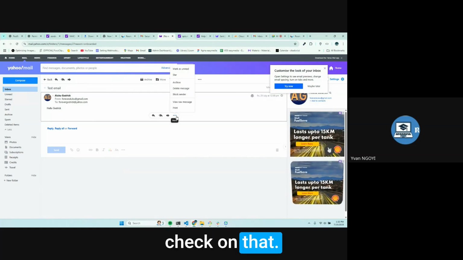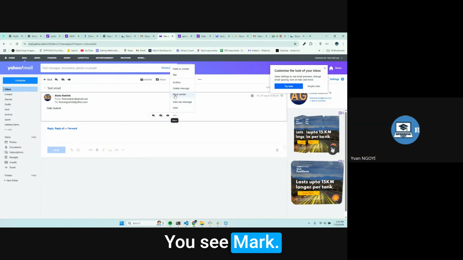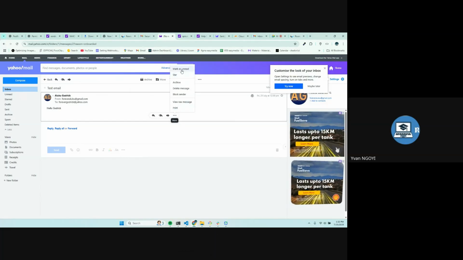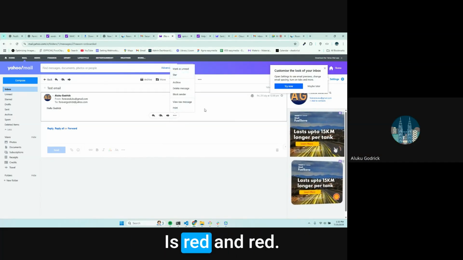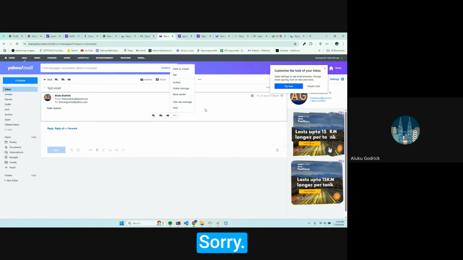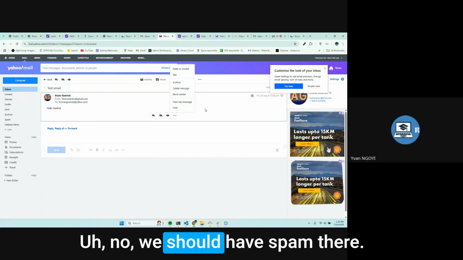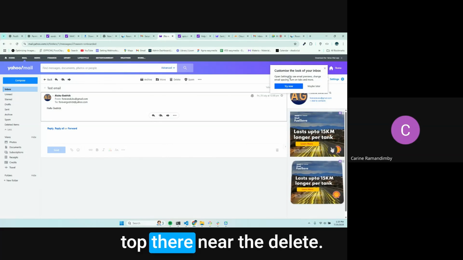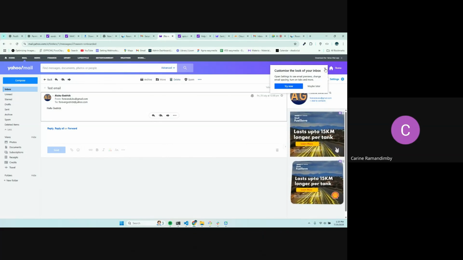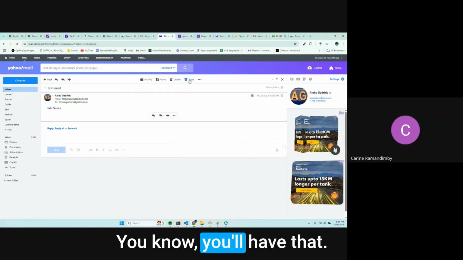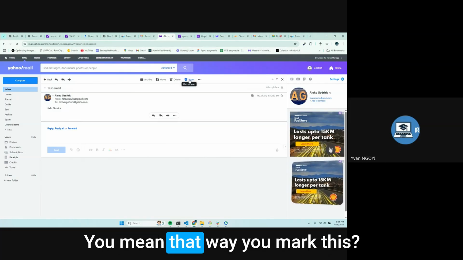Check on that tree. You see, mark spam is there. No, it's only mark as read. Unread, sorry. No, we should have spam there, at the top near the delete. Oh yeah, you have that. It means that when you mark this,